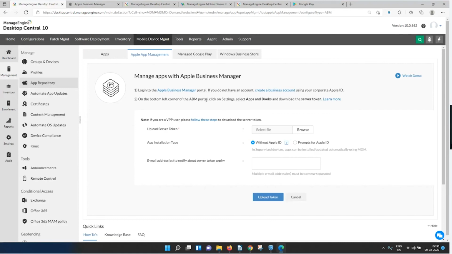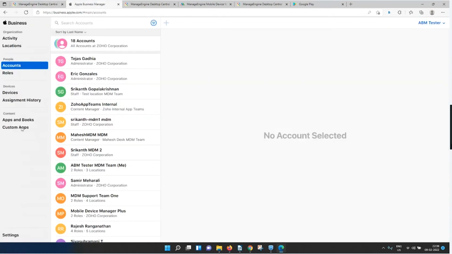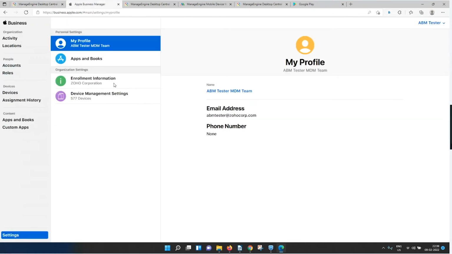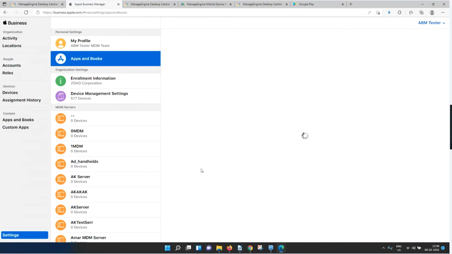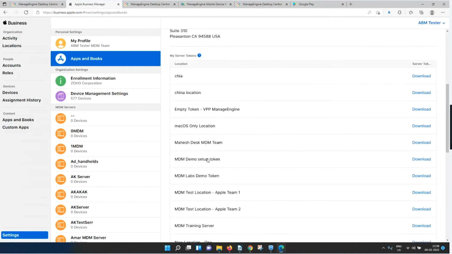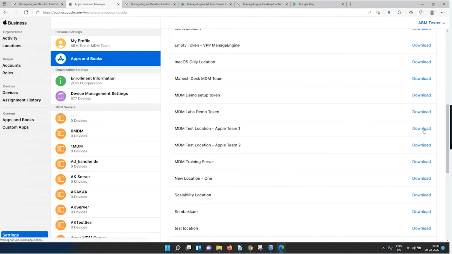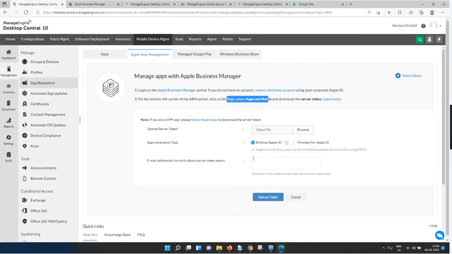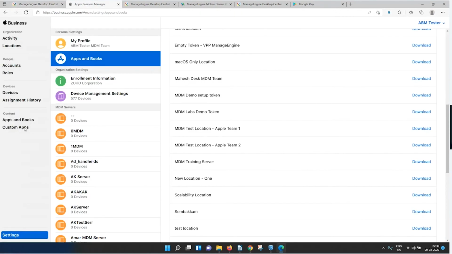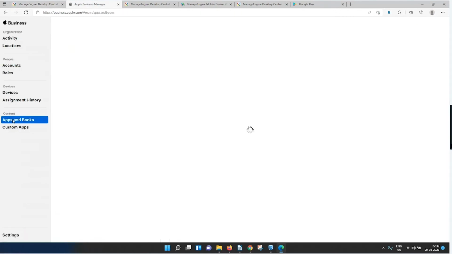Once you log into your ABM portal, you go to the settings section, click on apps and books, where you would see the list of servers you have added, through which you can download the token and integrate. So go to settings, apps and books, and I'll be able to find the list of servers I've added, through which you can download and integrate with your ABM portals. Once that is done, in order to distribute the application, you can go to the content, apps and books section